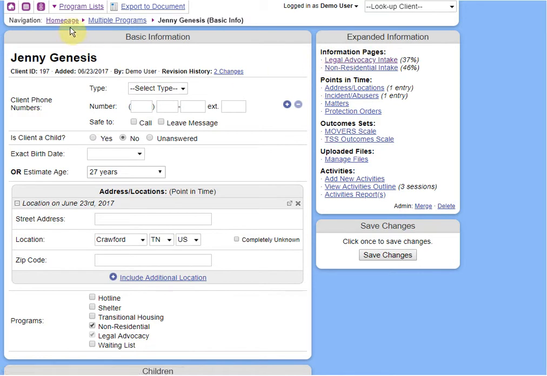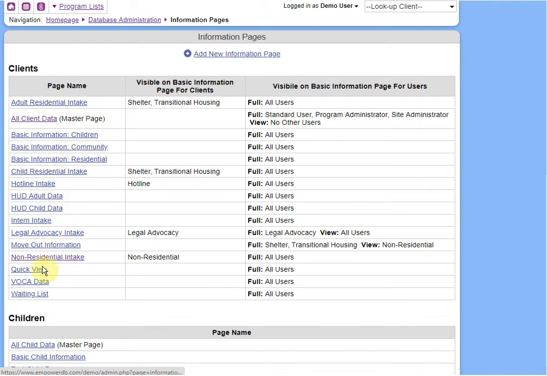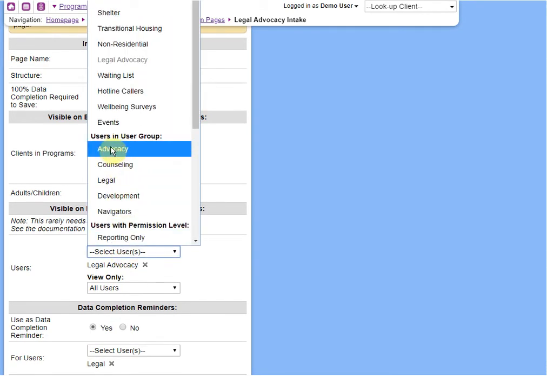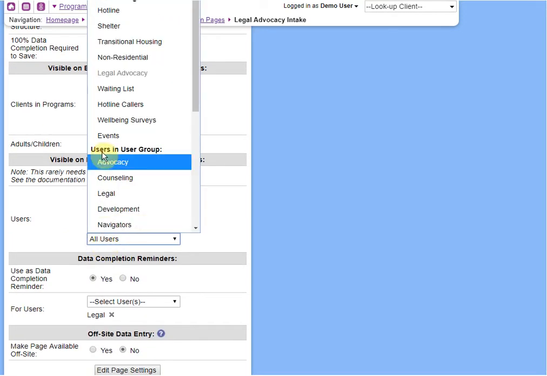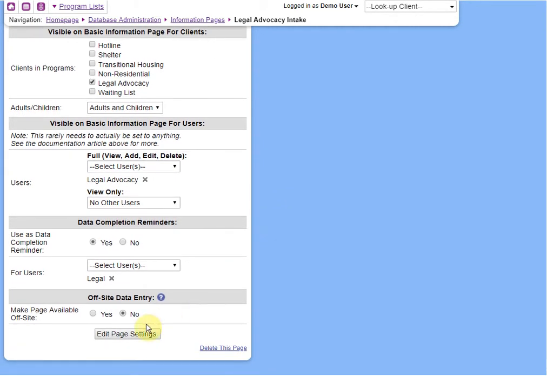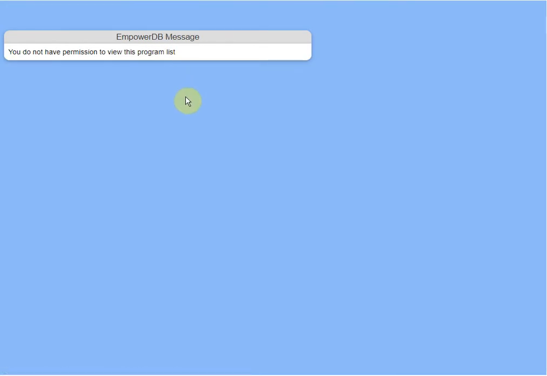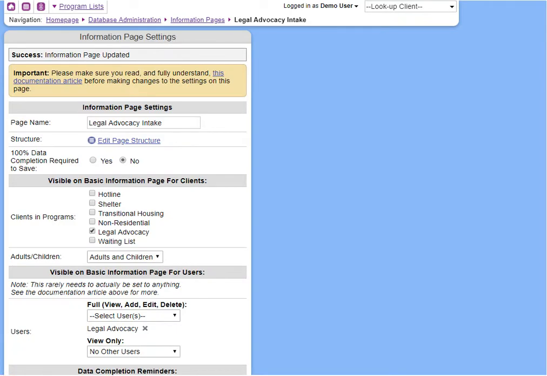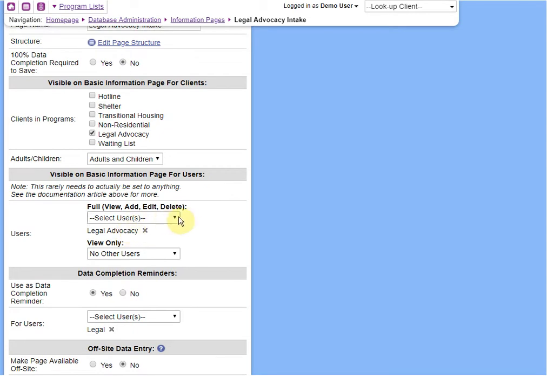So like this legal advocacy intake page, you would go, oh, I've got to go to that information page over here and set it so that the legal advocacy intake page is visible to fully access to legal advocacy and not view only to all other users. I want it to be view only to no other users. Now I can edit that, and when I come back here to Jenny's record, I did something. What did I do? I unchecked something. I don't know. I'm not going to edit this out. You've got to just go back to these information page controls and make it so that they can see certain things or not certain things,